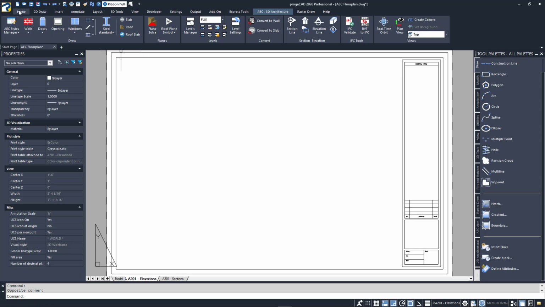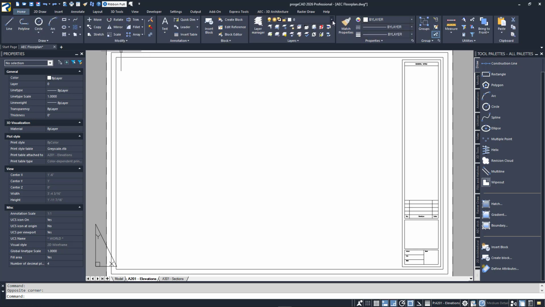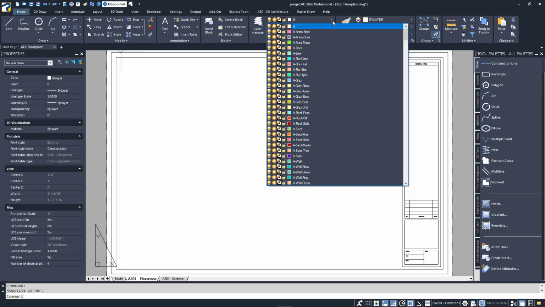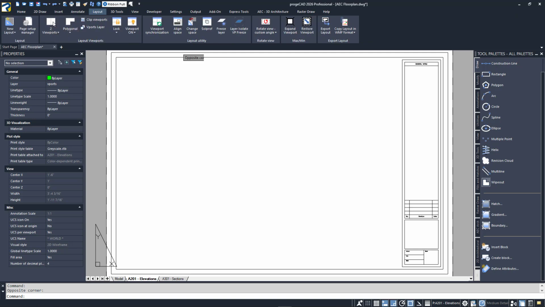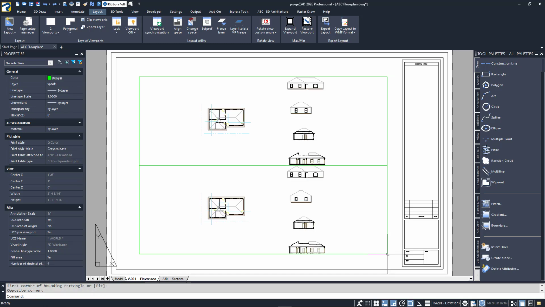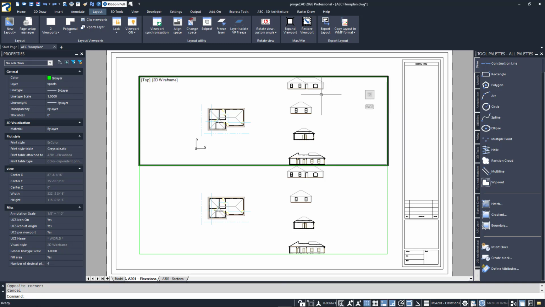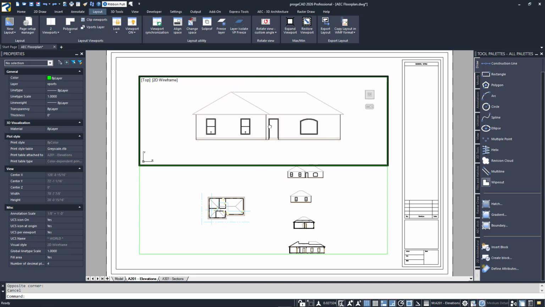I'll quickly switch to the Home tab, and using the Layer pull-down, I'll select a Viewports layer that I've set not to plot. I'll pop over to the Layouts tab and start the To Viewports command from the Viewports pull-down menu. I'll define the rectangular area to contain them, and of course, after I do, I see the model and our 4 views displayed. I'll activate each and zoom and pan until my 2 elevations are generally in the middle